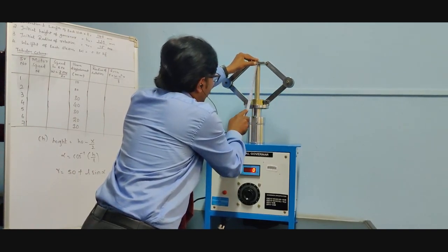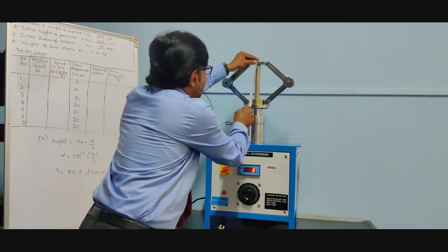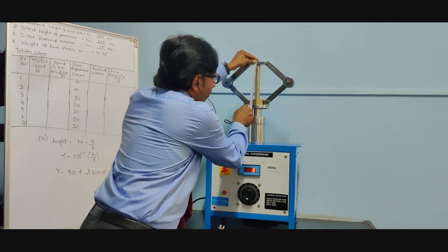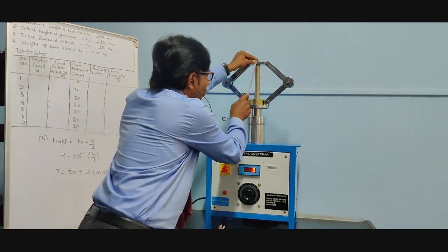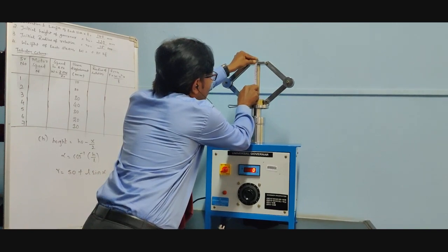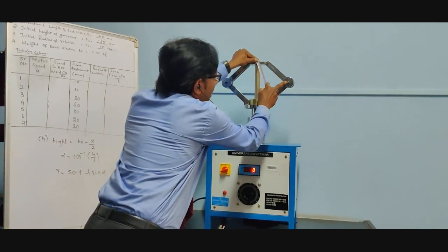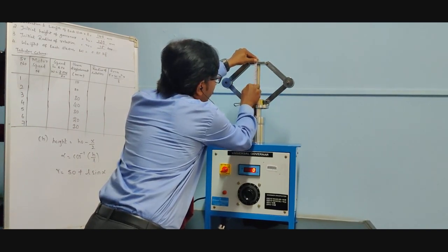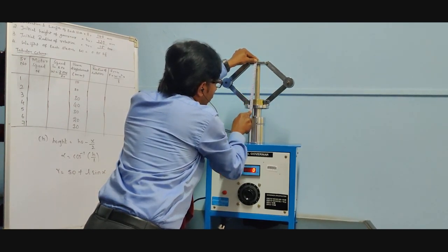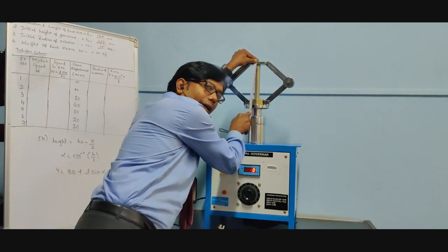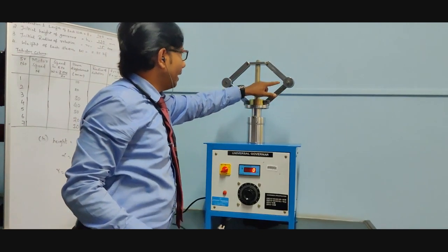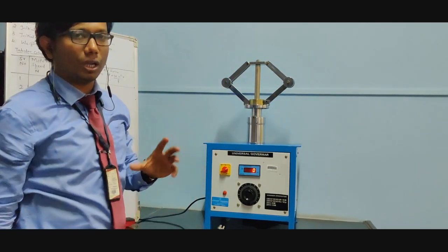So what we are exactly doing is, h naught is nothing but this, whatever length we have taken, that is 24 centimeter, it should be divided by 2. Whenever we are doing calculation, we will be taking from this end to the end of this shaft. If I take it here, it will be 120 mm. If you want a still better way, you take from here and divide it by 2, so we will get the exact value. As it is of equal length, the h value will remain the same. That is the initial height of the sleeve.